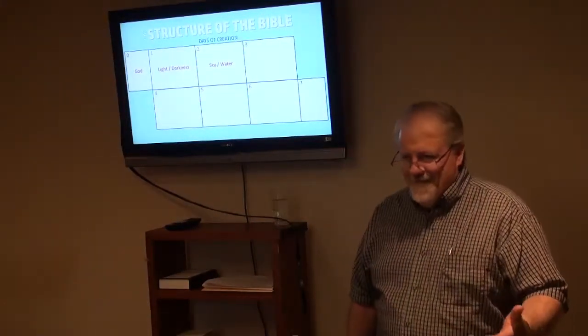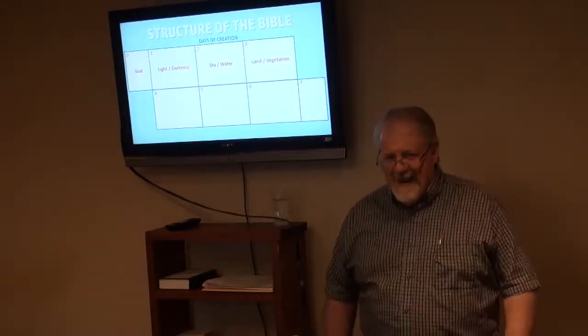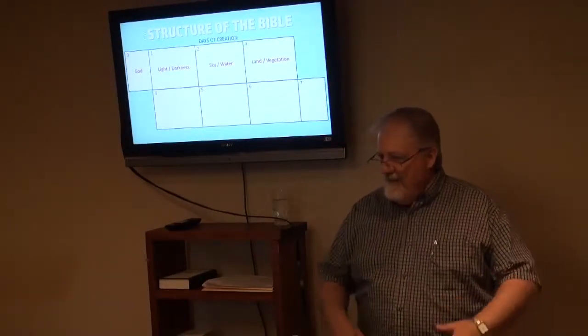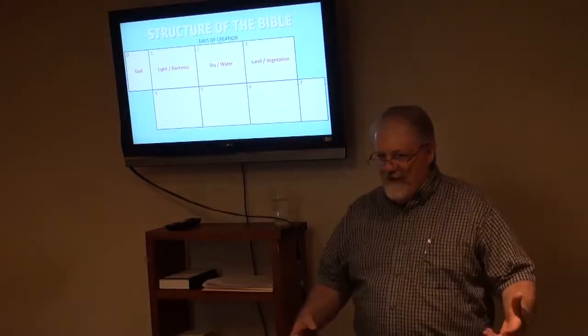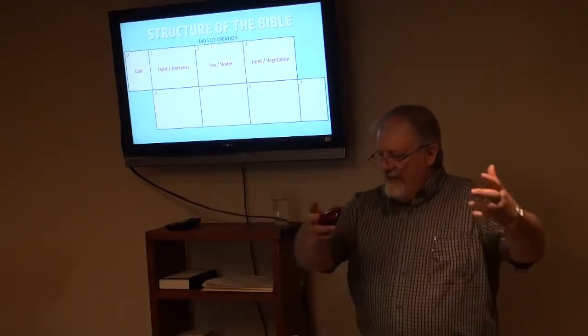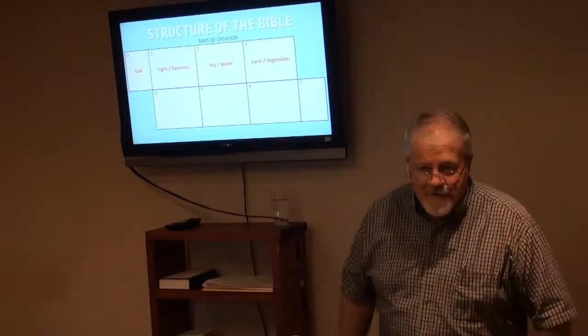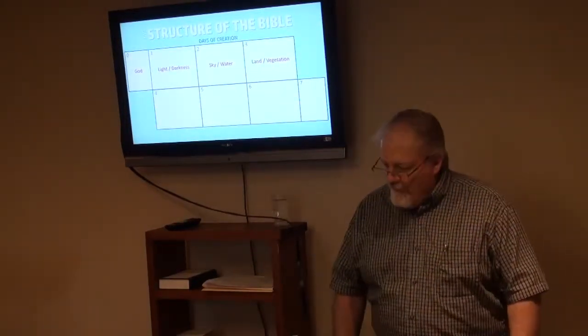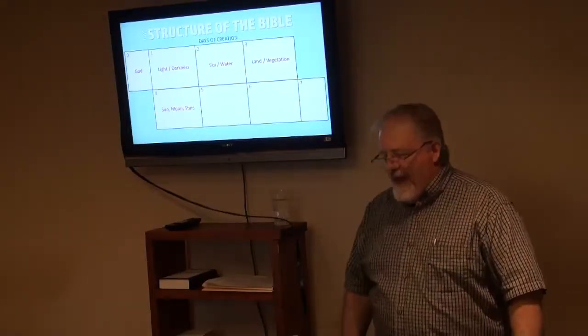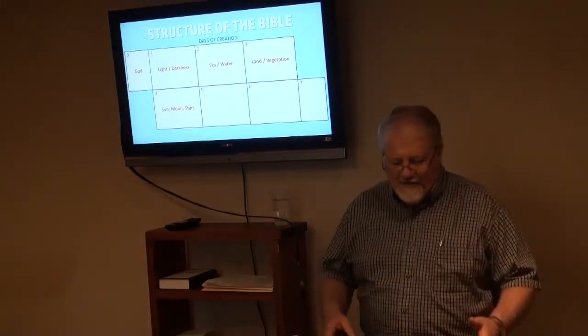You remember? How about the land and the vegetation? Okay? He made all of the land and the vegetation. So there we have the light and darkness, we have sky and water, and we have land and vegetation. But there's no life yet. So now we come to day 4, and on day 4 He creates the sun, the